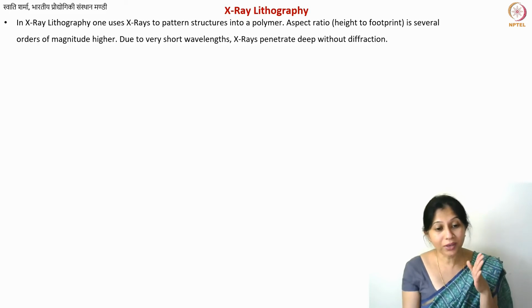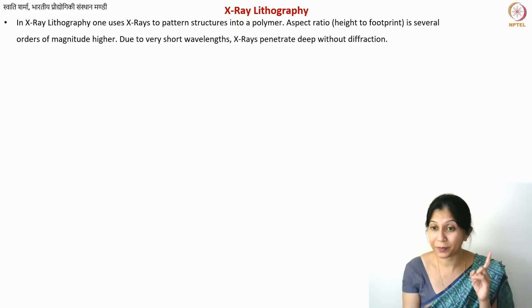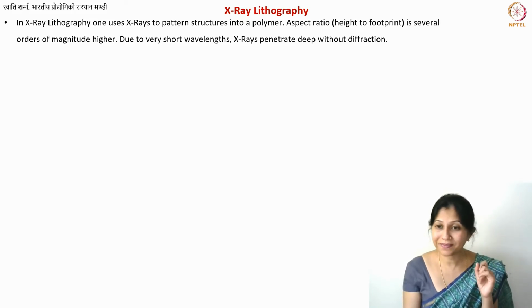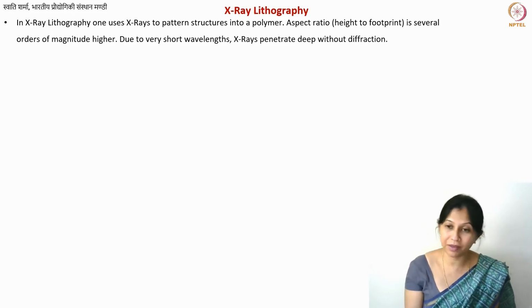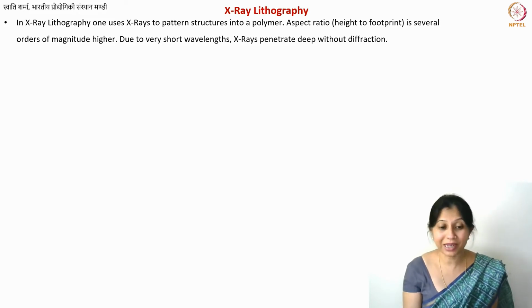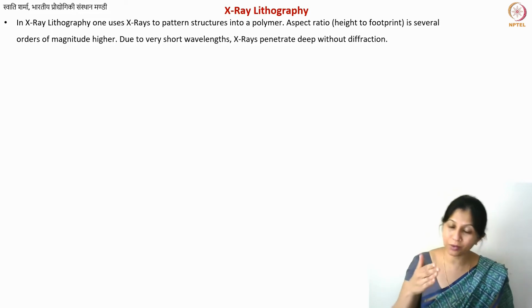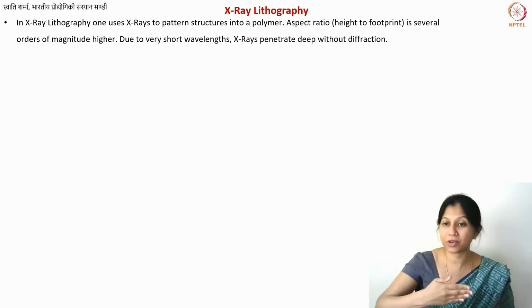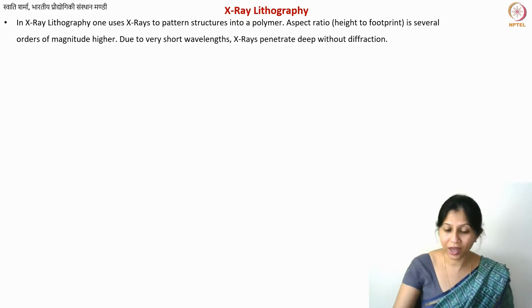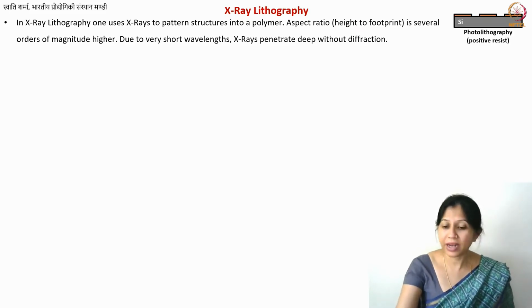Okay. Now what will be very important is the exposure step. Because how will you make the mask? If you make the mask using any general black ink or even a metal, a lot of metals allow the X-rays to pass through. So you need to make a mask using a metal which blocks the X-rays. Only then will you be able to mask that part of your resist from the X-rays. Okay, so that is the part that changes. The rest remains the same.